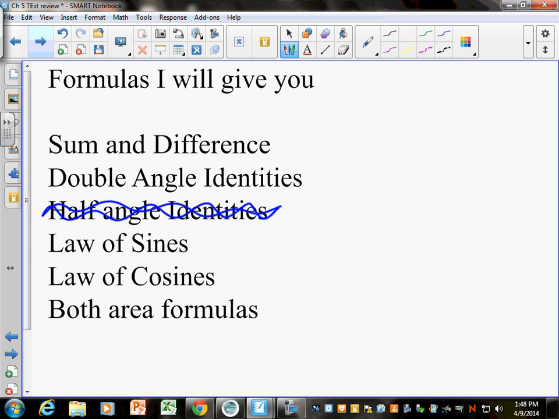You can tell I didn't update these notes very well. We skipped 5.4 day 2. That's what this is from. So if you're looking over homework tonight, we did not do 5.4 day 2 from the assignment sheet, which means you do not have to do anything with half angle identities, so there's no need for me to give you those formulas, because we're not going to use them.